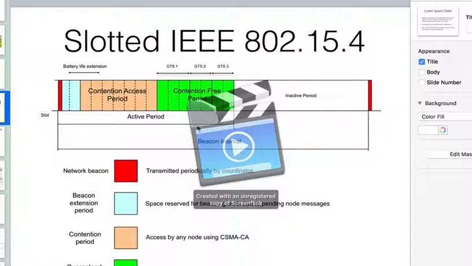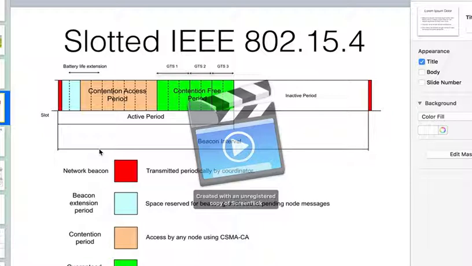According to this picture, in the slotted mode, a coordinator periodically transmits a beacon to identify its network and synchronize the nodes. So we have two beacons here, and the distance between these two beacons is called the beacon interval,